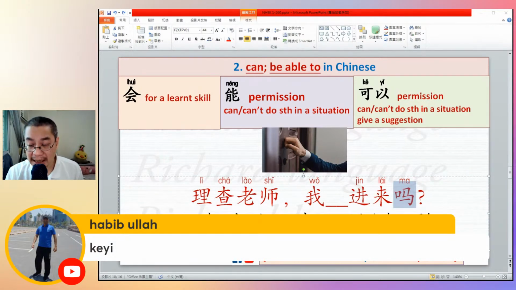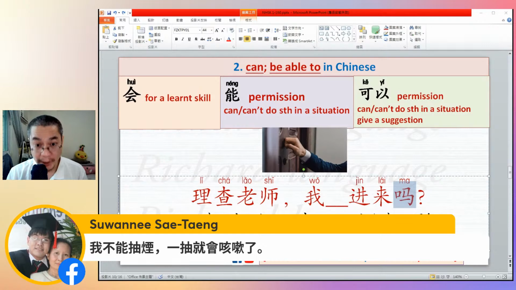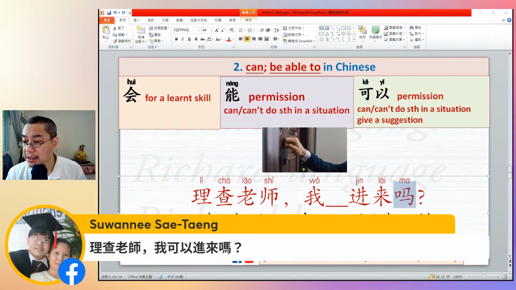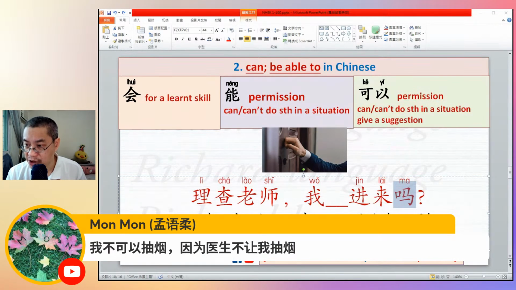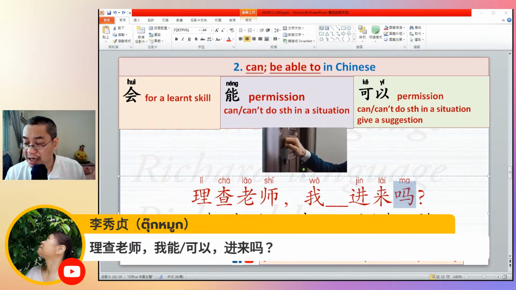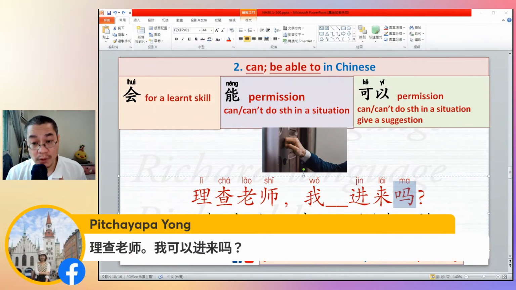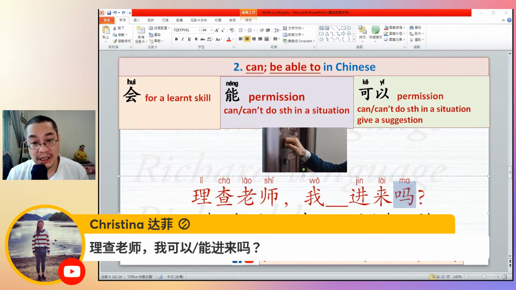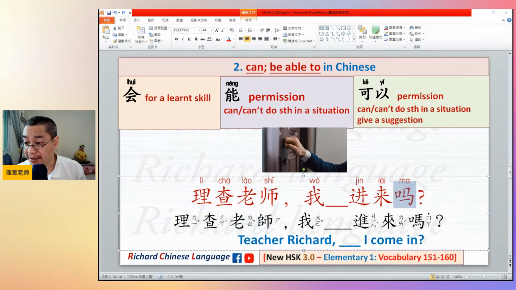我可以进来吗 okay, 我不能抽烟。你要说我不会抽烟，我不会抽烟，一抽就会咳嗽，because I don't know how to smoke。我可以进来吗？我不可以抽烟，因为医生不让我抽烟。很好的句子，very good。理查老师，我能进来吗？理查老师，我可以进来吗？May I come in？我能进来吗？Okay, actually, you're